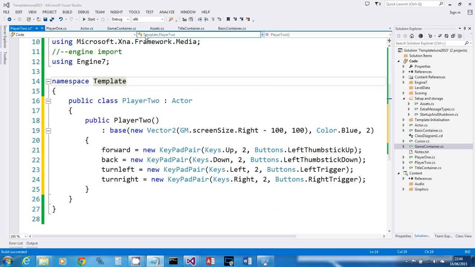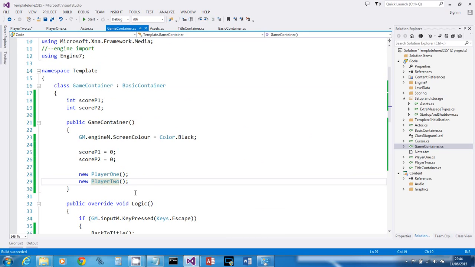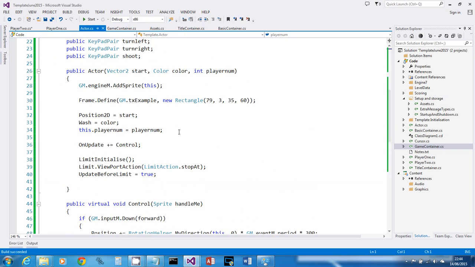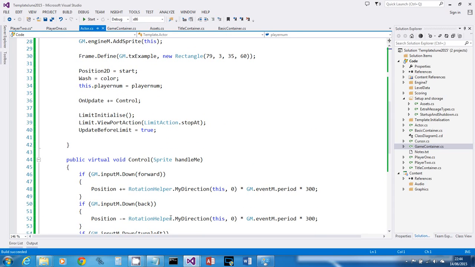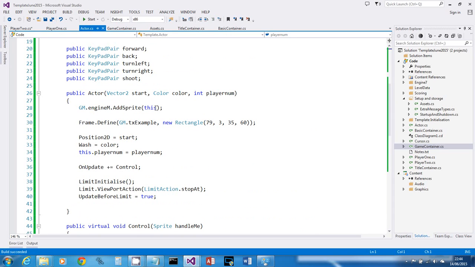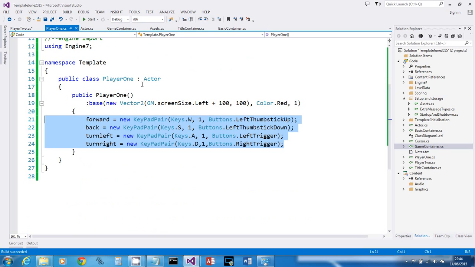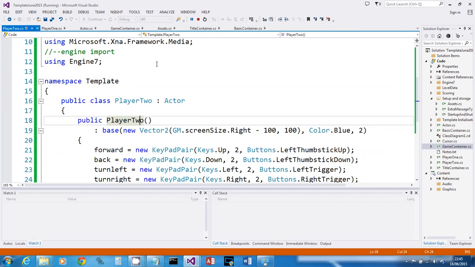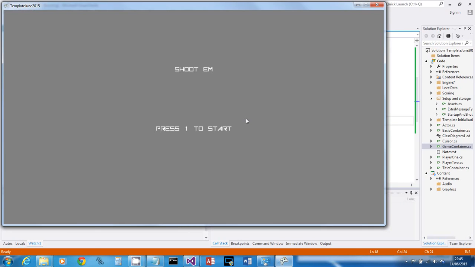So if we go back to game container, you can see we've said create player 1 and create player 2. So all we've done in this video is create the actor, set some basic stuff up like limit box, control code, default control code, and set up position information that we've been passed as arguments. And then we've got 2 inheritors, player 1 and player 2, that set up some keys and basically start positions and colors. Right, so if we just try and run this, see if it runs,